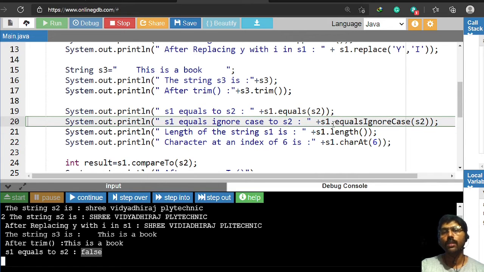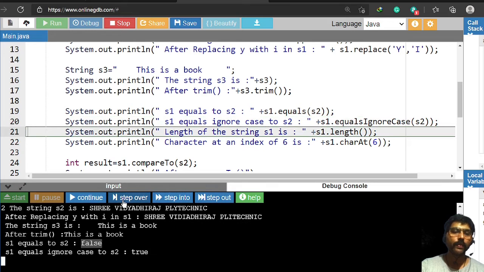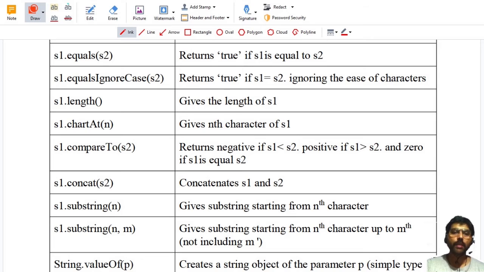If I ignore this case, that is equalsIgnoreCase, then it will display true. Now see here, it is true. Both contain the same string. Next one is length, which gives the length of S1, that is, the number of characters in the string.